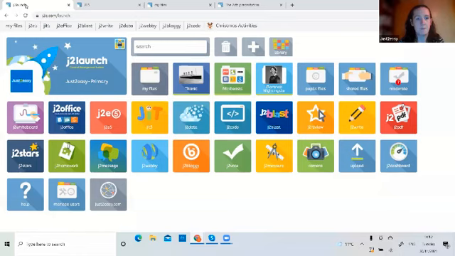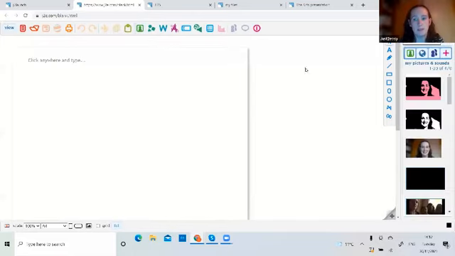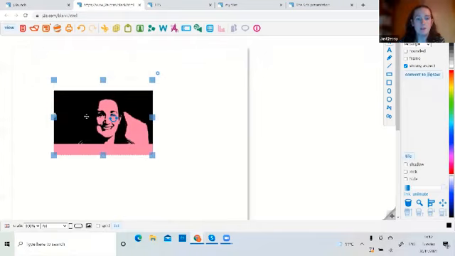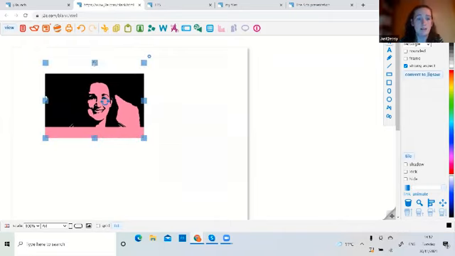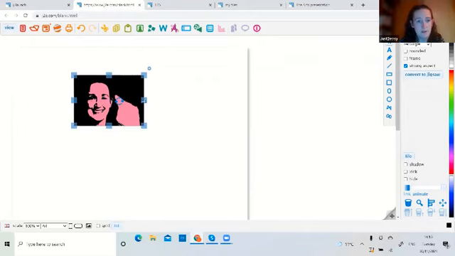And when they're happy with it, they can come into J2E5. Because they saved it as an image, it will appear in the image library, which is at the top in the middle, this green button here. And they can load that onto the page. J2E5 is really lovely for creating art because there's no formatting issues, so we can drag anything anywhere, we can really easily resize, we can crop, so I can crop out the bits that I don't want. And I could load that image in the 4 different colours or however many different colours I've done it in to create a piece of art.